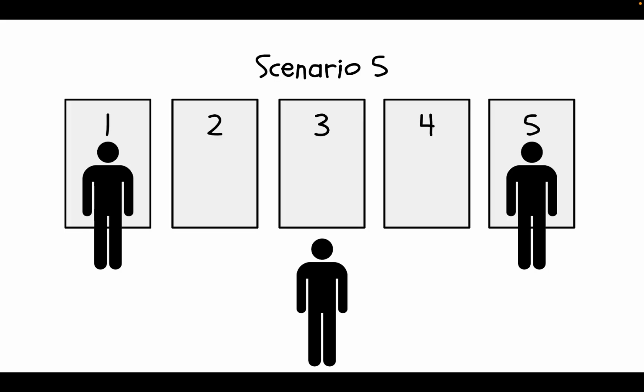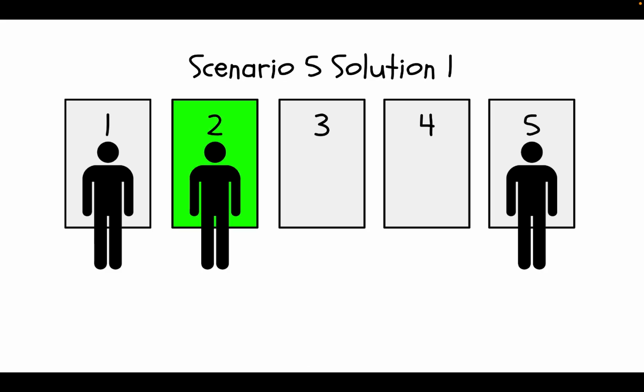However, there are some flaws. You did a good job, but there are some flaws. Let's look at scenario 5 right here. We have a guy in slot 1 and a guy in slot 5. Due to the polarization of this, we know that going to slot 2 is pretty much just the same as going to slot 4. So let's see solution 1, going to slot 2. This would actually make a lot of sense because when the other guy comes in, he's not going to go to slot 3 because that's too close. So he would go to slot 4.